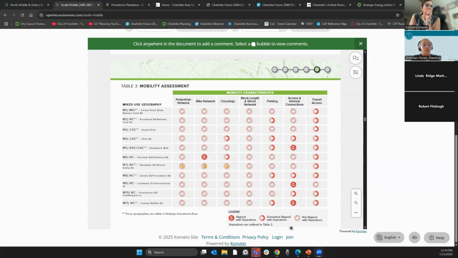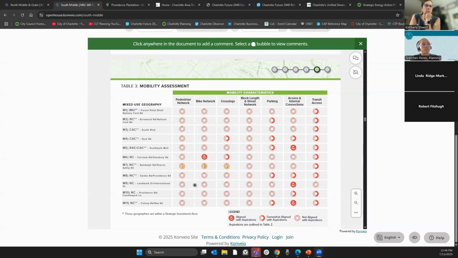The legend, so how we can interpret this, is the goal is for us to be aligned with the aspirations. So, for us to be able to check off these circles fully. And then at the other end of that spectrum is circles that are not checked off at all. And what that means is that there's a lot of room for improvement. And as you can see, a big portion of this area does have room for improvements. And these are the locations where some of those centers exist that we can find some room for improvements in terms of projects.